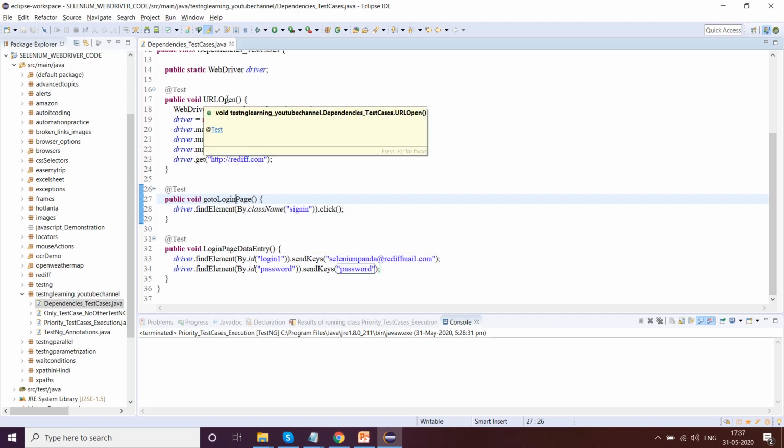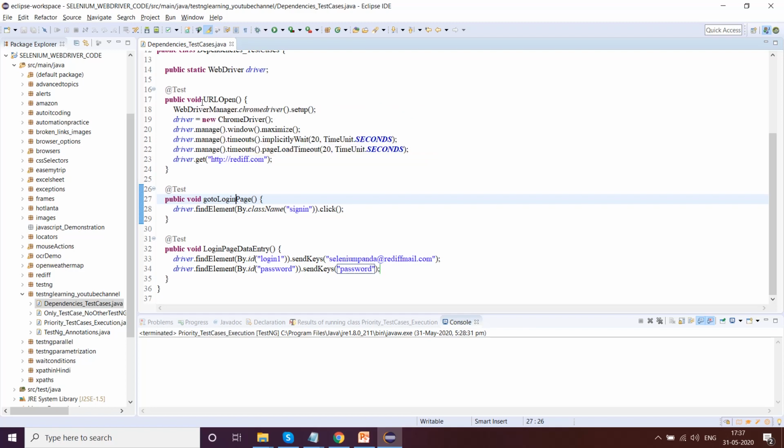So how do you manage? Whatever we have learned, we will include all of it. So this has to be priority 1. Priority equal to 1. Okay, we have given priority. Now this is also true because we are enabling this. Now we are just keeping it here. Now what happens is this one becomes priority 2.